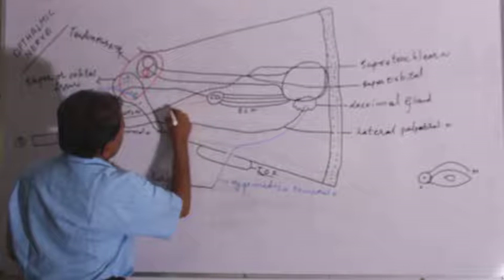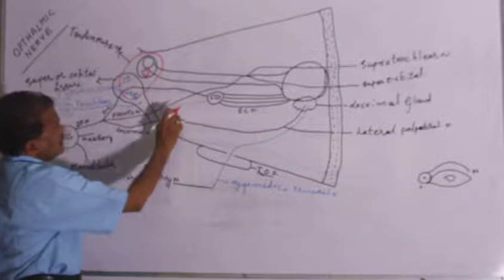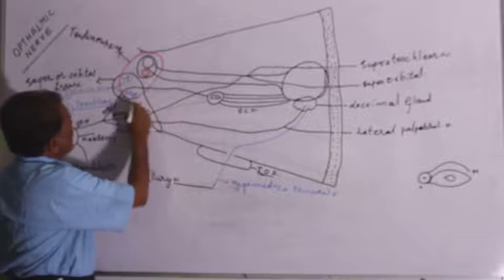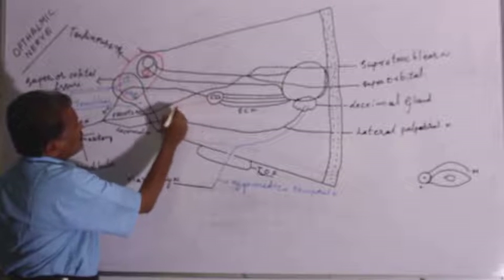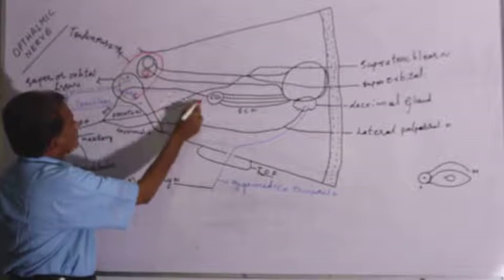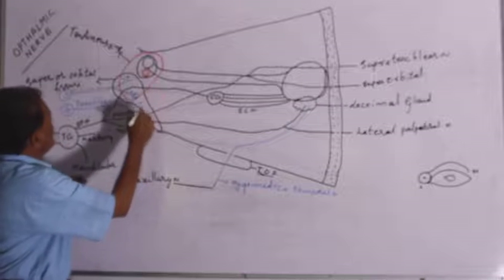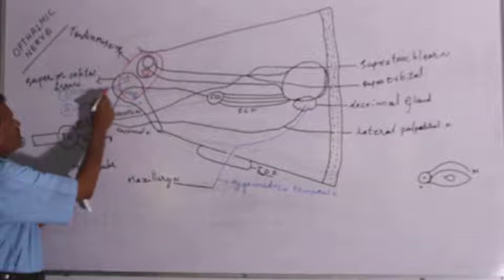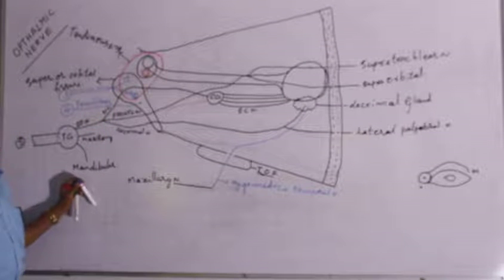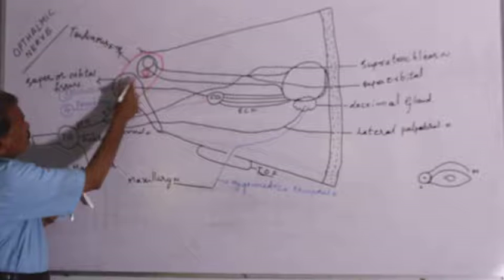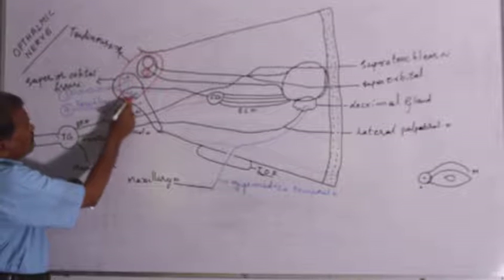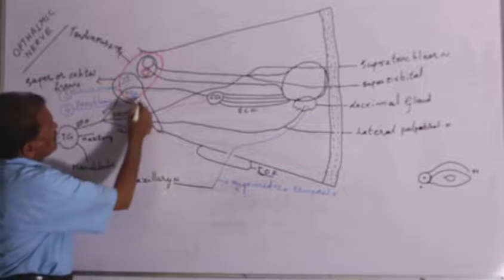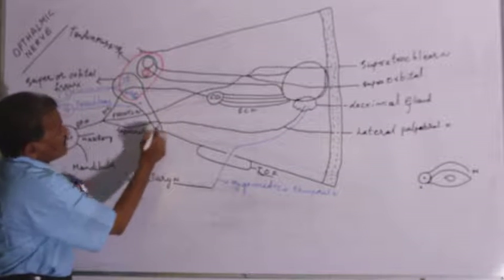This is the internal carotid artery. Around the internal carotid artery there is a sympathetic plexus. These three: the nasociliary sensory loop, the parasympathetic loop, and the sympathetic fibers. The parasympathetic fibers come from the Edinger-Westphal nucleus and run along with the somato-motor fibers of the oculomotor nerve, then leave the upper branch and run with the lower branch, and these fibers enter into the ciliary ganglion.